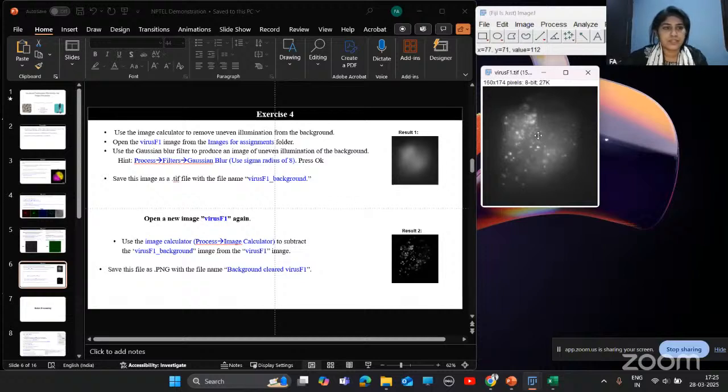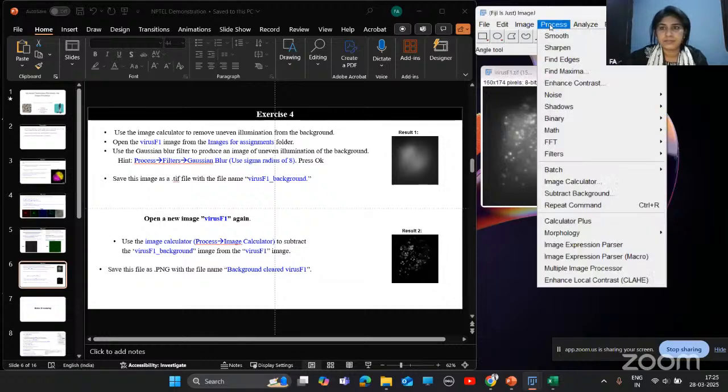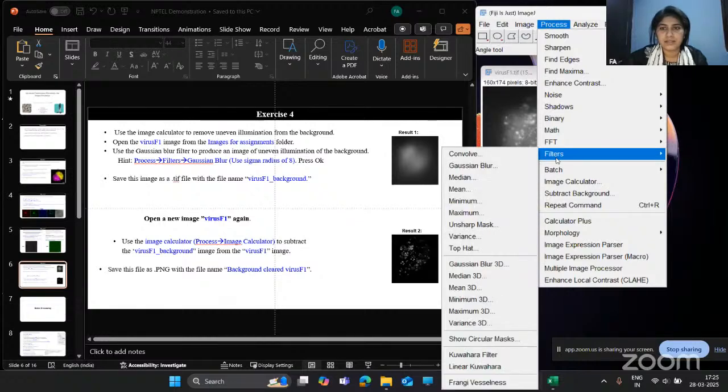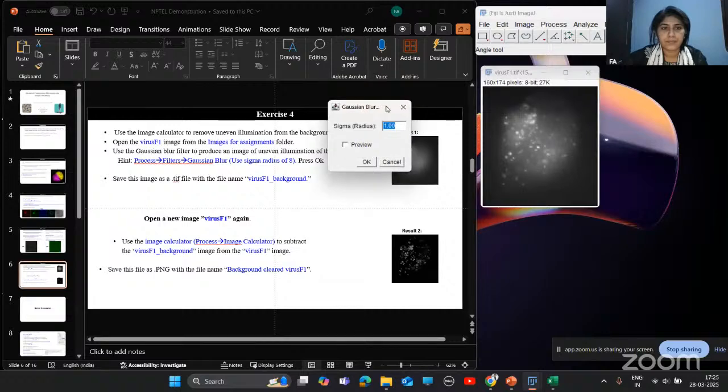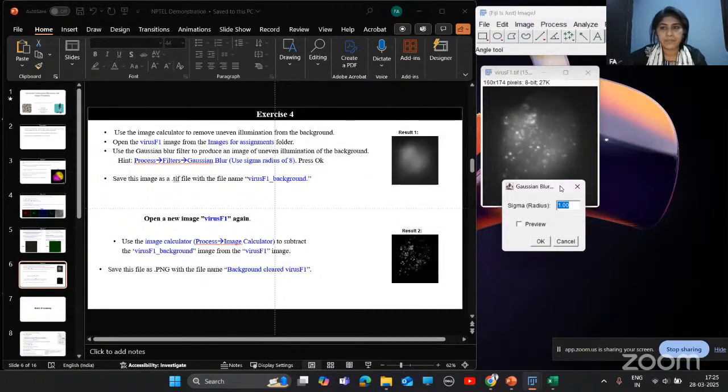Okay, so for this, first you'll go to Process, Filters, and Gaussian Blur. And here you need to use sigma radius of 8, and then press OK.